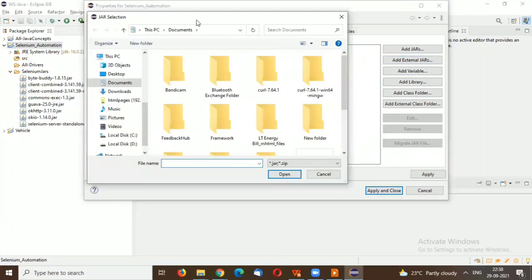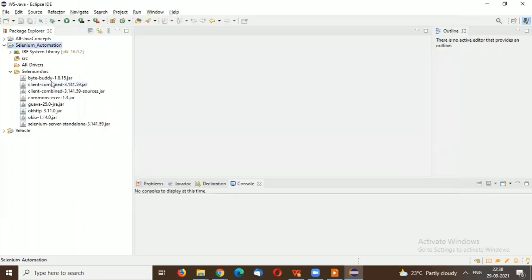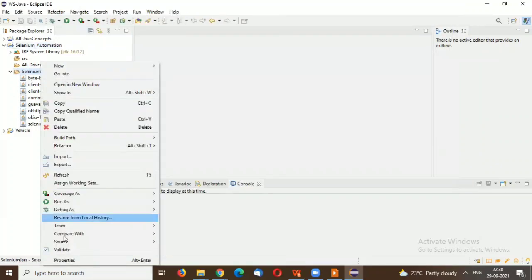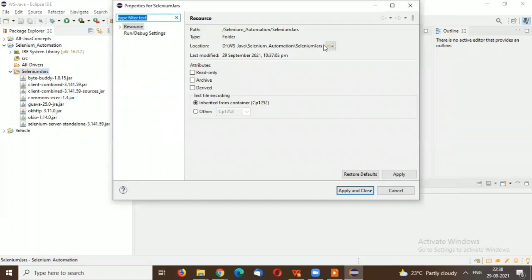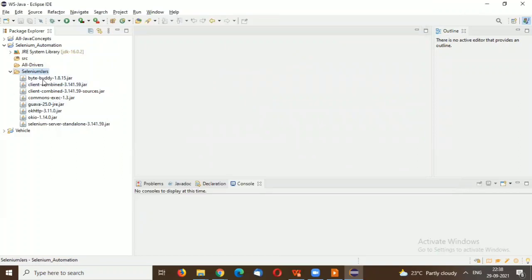So where are my external jars stored? Our external jars are stored in this Selenium jars folder, right? Still, this project does not have knowledge about the Selenium jars because we have not configured them; this is showing plain.